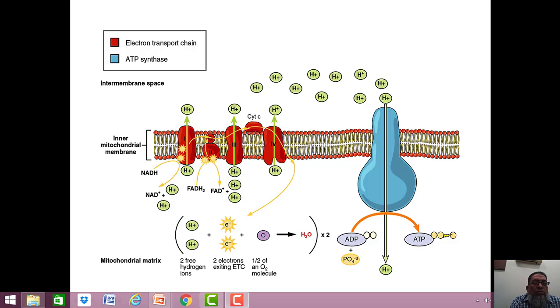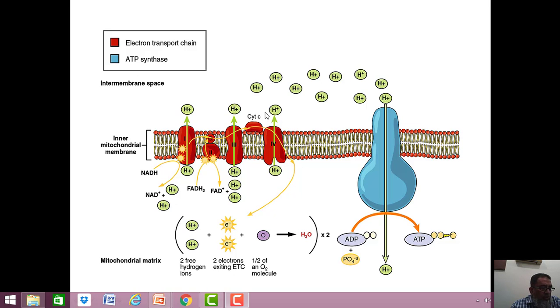We will continue the remaining lectures on mitochondria. In the previous lecture, we finished up with the electron transport chain and the role of the F1 particle. On this slide, you see the mechanism through which the H ions are transported across the inner mitochondrial membrane to the